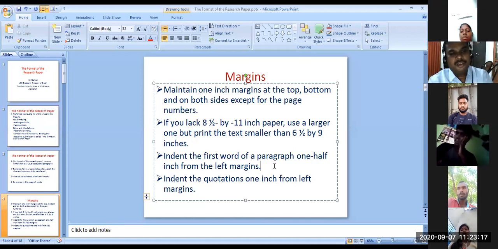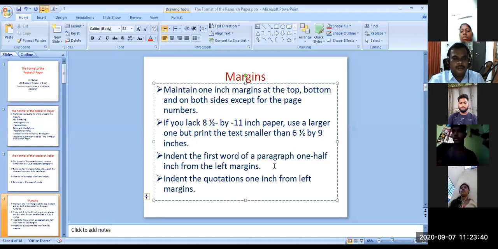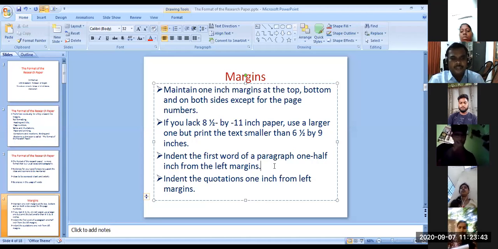In some formats, we give indent in the first line. We have a habit of starting the first line by giving a half inch gap while writing. But while typing a research paper, that is half inch, maybe one tab or 5 spaces. Some universities don't follow that. They follow a different style. In Anna University, there is no indent. So where we need not give indent, in other universities, that depends upon the university.